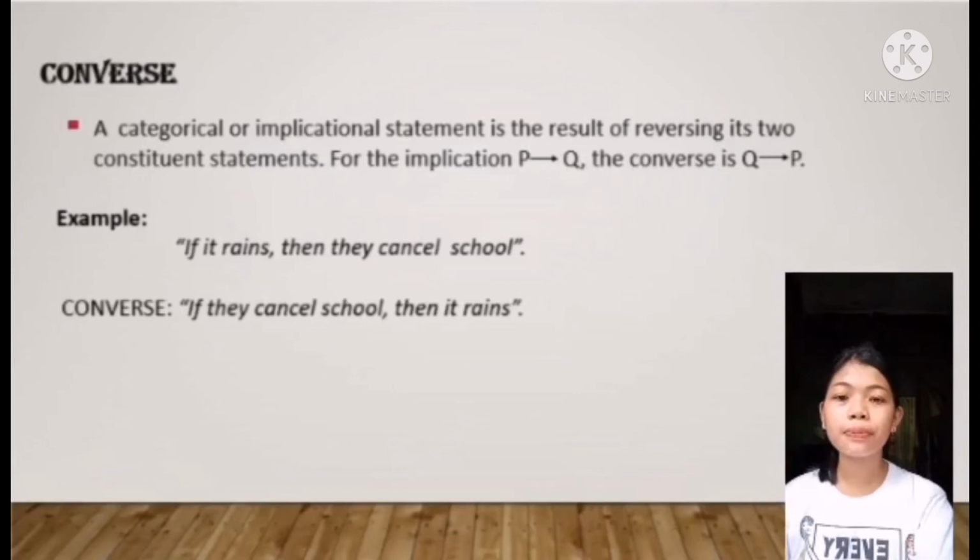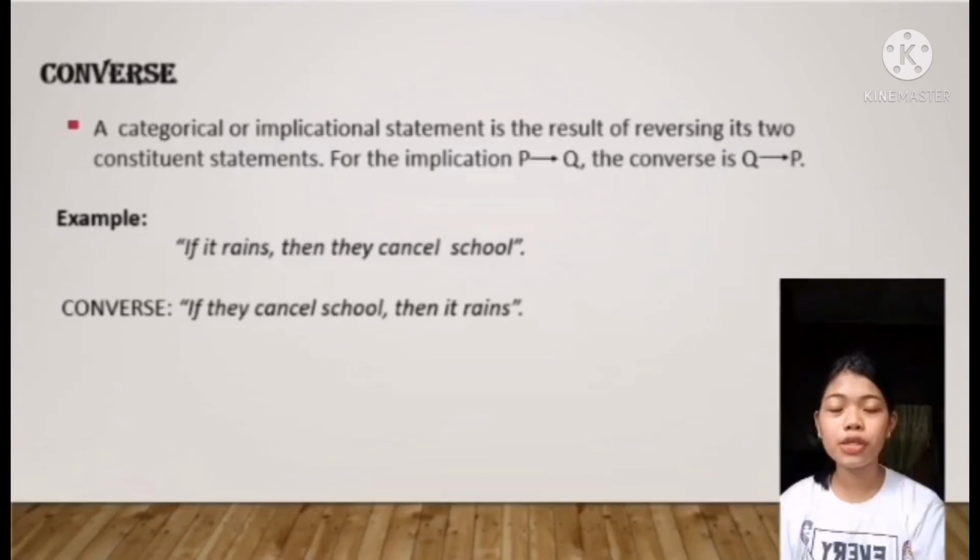For the implication P implies Q, the converse is Q implies P. To form the converse of the conditional statement, simply interchange the antecedent or hypothesis and the consequent or conclusion. For example, if it rains, then they cancel school. The converse is, if they cancel school, then it rains. So if you can see, the positions of the hypothesis and the